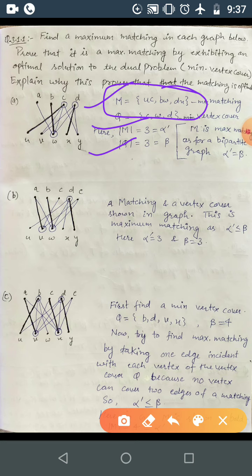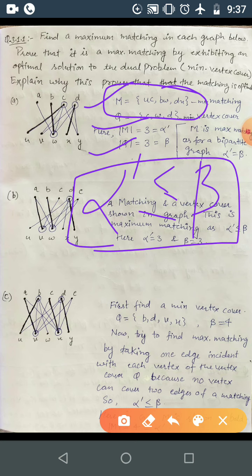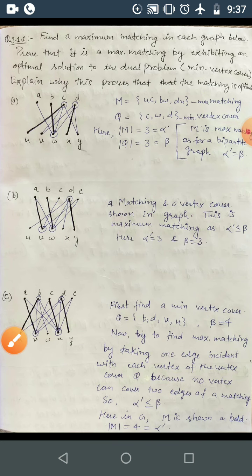Okay, because maximum matching cannot be greater than beta, so it is less than or equal to this one, 3. So 3 is less than or equal to 3, we are done. Okay, same way we will be applying with